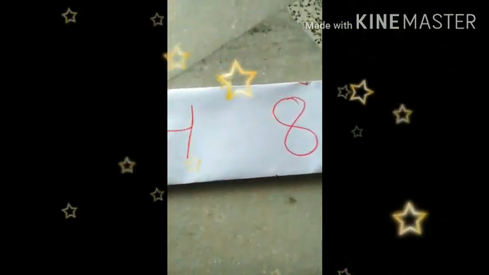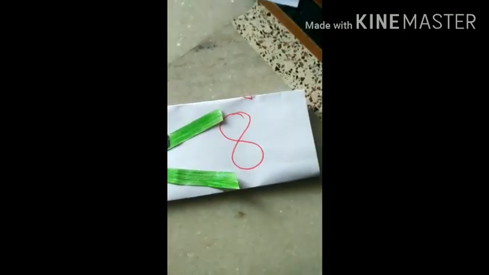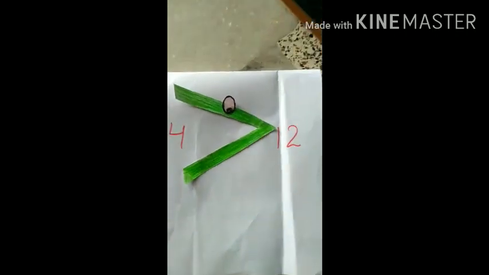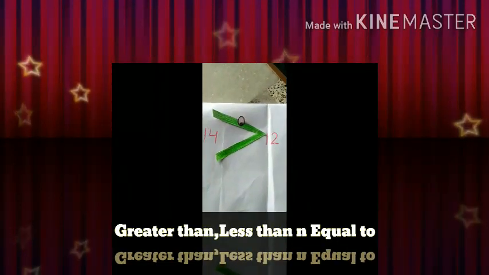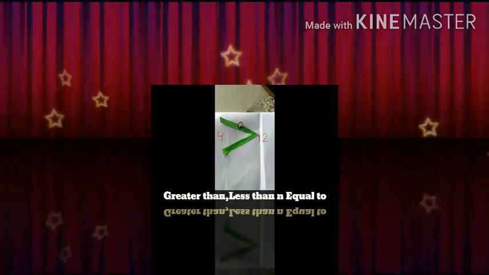Very good. Now look here. Now we have number 4 and 8. Now tell me, which number will she eat now? Yes, you are right. She will eat number 8. Okay, which number will she eat now? 14 or 12? Yes, she will eat 14. Always remember, Ellie loves to eat the biggest number.